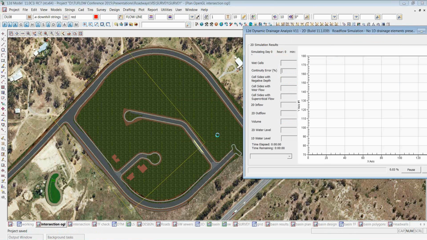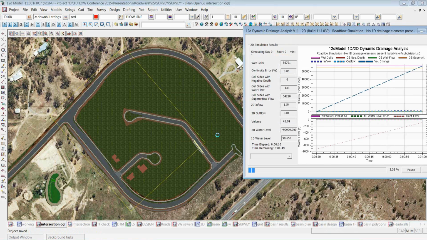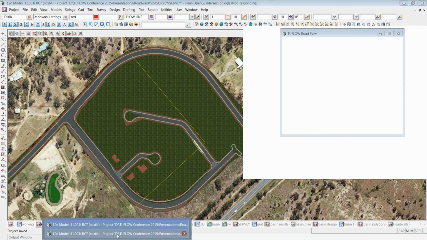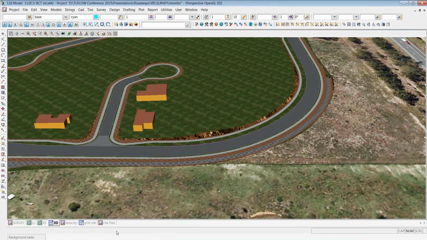And what will happen is the TUFLOW engine will get up and running. The very first thing the TUFLOW engine does, which is critical, is read the data, but then it writes out its check files. One of those check files we were looking at earlier for the grid. And these check files we're going to review to make sure that the grid that's being used is what we expect. So notice that while it's up and running, I'm going to switch to